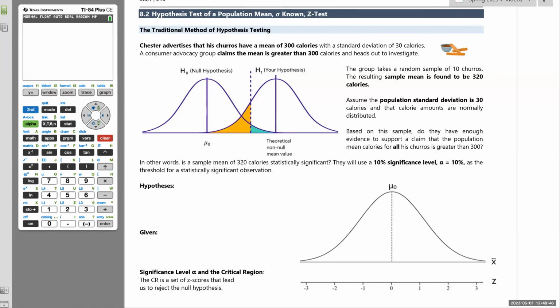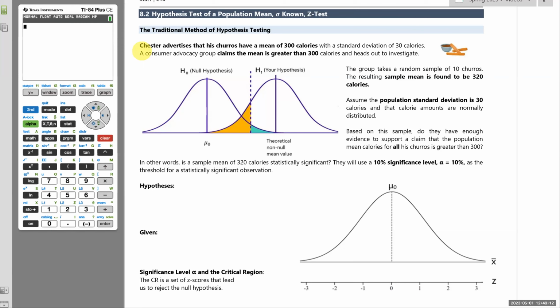Okay, we are ready to complete a hypothesis test, and we're going to start with what's called the traditional method of hypothesis testing. And we will be beginning with testing claims about population means, where the population standard deviation sigma is known, and this will allow us to use a z-test, and we'll get to all that as we jump